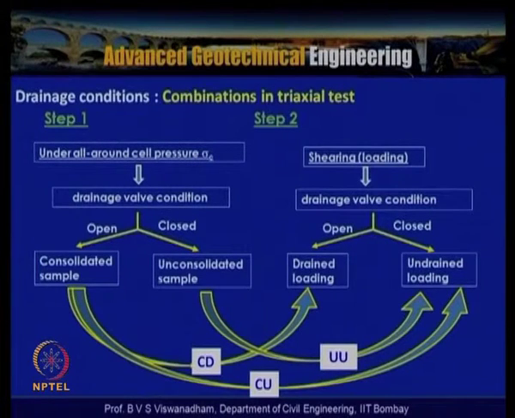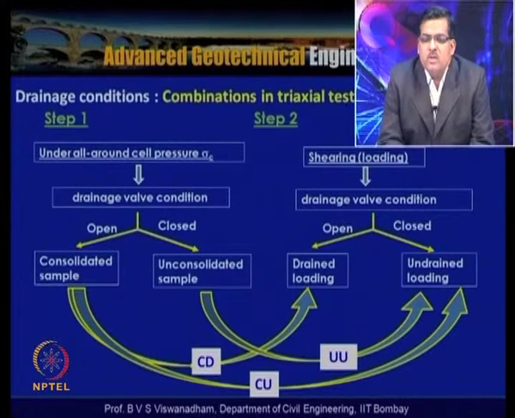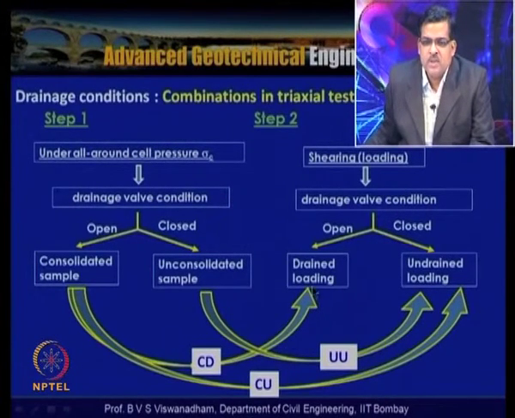Under all round pressure sigma C, the drainage valve will be open if you are allowing consolidation, so the water in the sample drains out. Once the consolidation is completed, then comes the shear loading. In this also, the drainage valve can be open or closed. It can be open if you are having a consolidated drained triaxial test, and it can be closed if you are thinking of a consolidated undrained triaxial test,